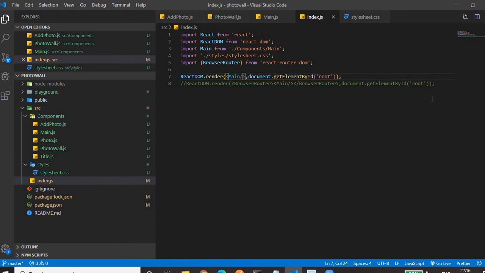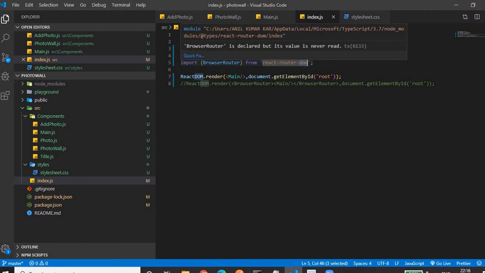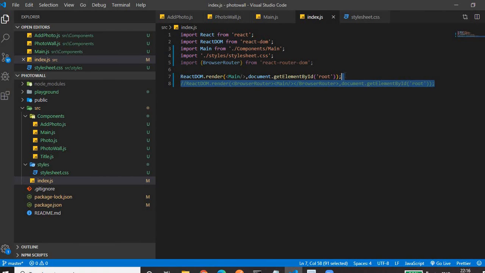BrowserRouter is used for tracking the URL changes. First I need to import BrowserRouter from react-router-dom, the package that we have installed just now. This line won't help us, this is without the router.